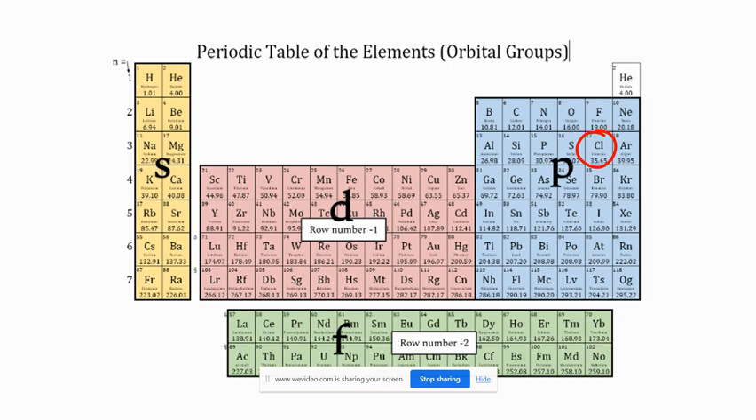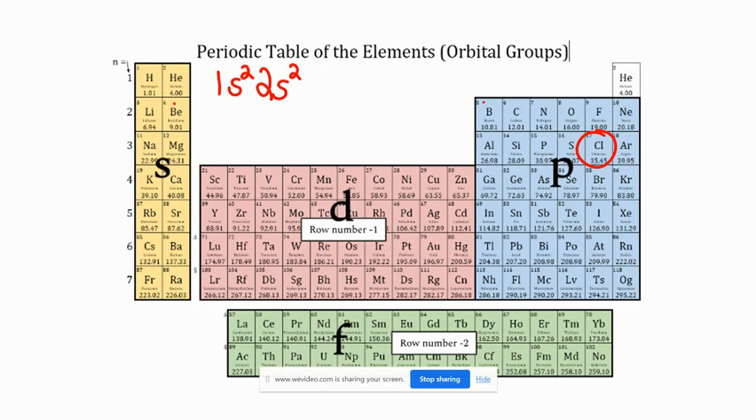Where do I start my electron configurations? By hydrogen. So what is my N value for hydrogen and helium? 1. What block am I in? S. How many electrons do I need? 2. I go from hydrogen and helium down to lithium, beryllium. What is my N value for lithium? 2. What block am I in? S. And how many electrons do I need? 2. Then from beryllium, I go over to